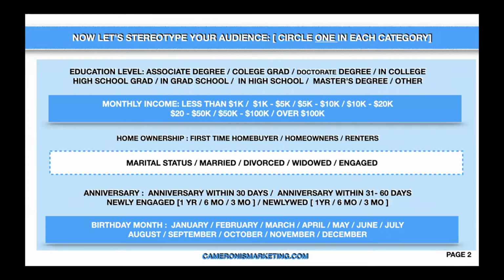Then on the next page, you're going to circle what education level they are. Do they have an associate's degree, college, doctorates, high school grad? Because just to be clear, guys, someone who has a master's degree and someone who's just a high school grad, those are two different types of people. You get what I'm saying? And also, guys, like I said, you can begin to think, okay, if I'm someone who has my master's degree, what type of books or what associations will I be in? You start to think like a detective and try to figure this stuff out so that you can get super specific on who you want to get in front of.